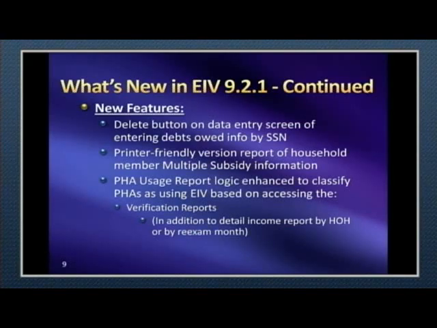Okay. Also, we have printer-friendly version reports of household member information for the multiple subsidy report. As of right now, your multiple subsidy report lists all of the various households that may be receiving potential duplicate assistance across HUD rental assistance programs. Before, folks used to have to dice and slice and redact and get the little piece of paper and cover it up so they could hide the other person's information. Well, my friends, you no longer have to do that manual redaction.